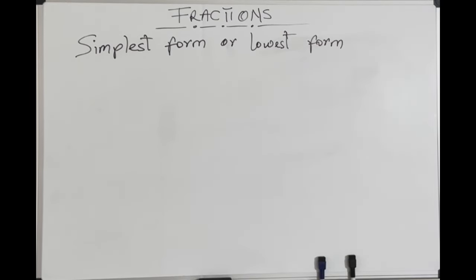The equivalent fraction has smaller numbers in it. Therefore, a fraction is in its simplest form or lowest terms if it cannot be reduced any further. A simpler form of any fraction can be found by dividing the numerator, that is the top number, and denominator by the same number. The number must be a factor of both the numerator and denominator. Okay, so let's see. For example, we have